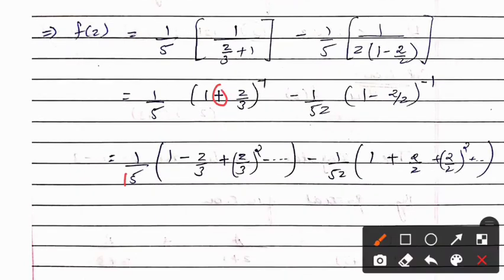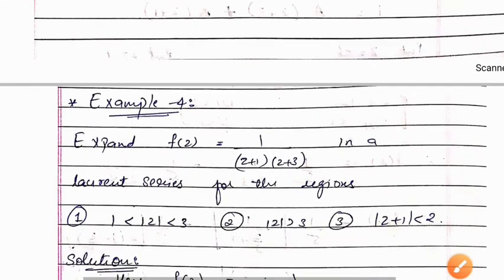Now here plus and this is minus. So you get alternate sign, 1 minus z plus z by 3 whole square. Here you are having both minus minus sign. So here I get 1 by 5z. This will be as it is, 1 plus 2 by z plus 2 by z whole square up to so on. So this is your required Laurent series of the given function. Let us take one more example.